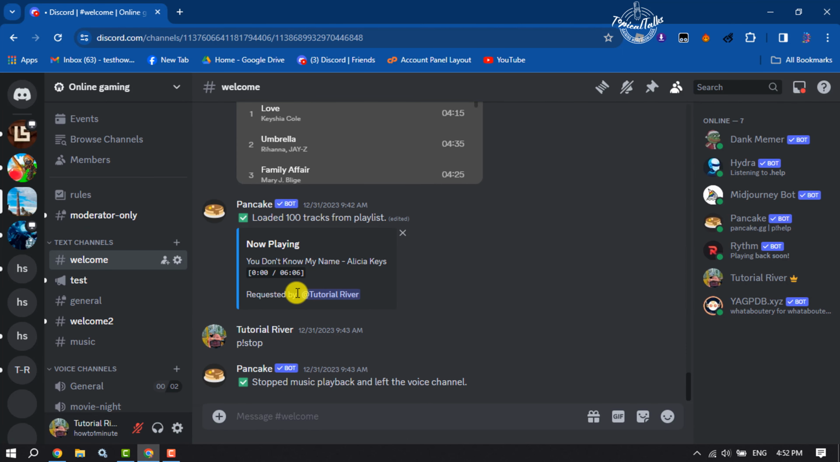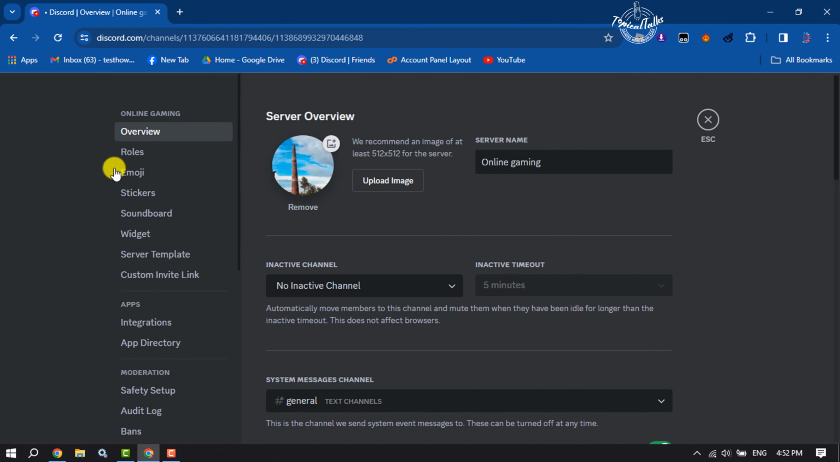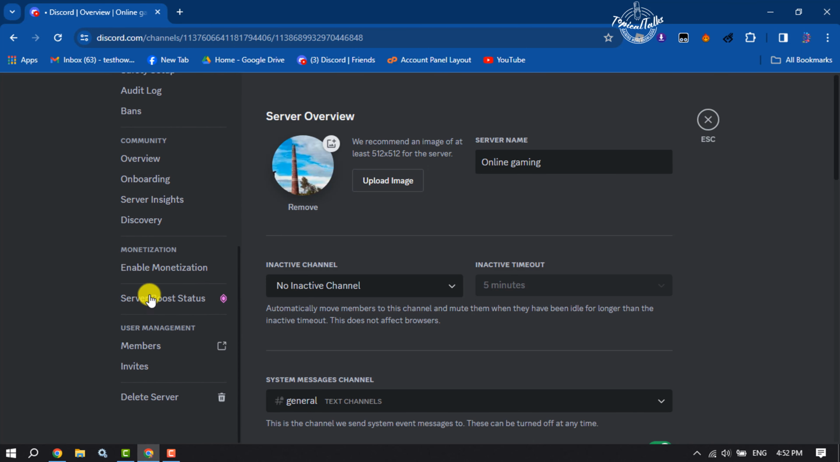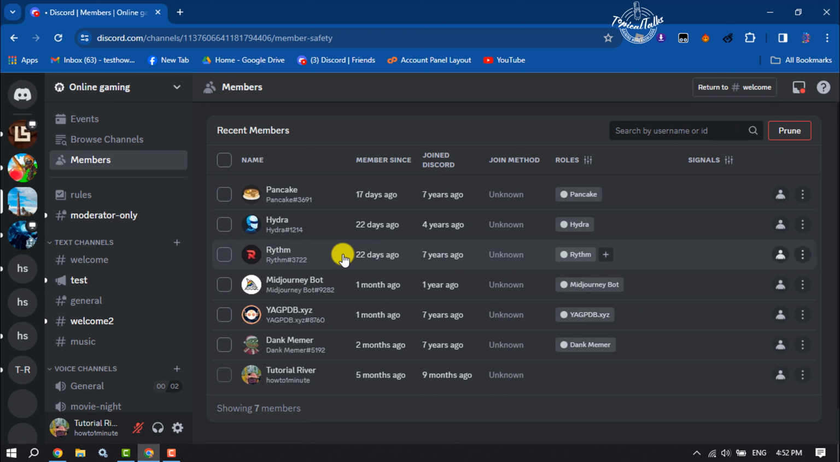Once you are in your server, click on your server name and click on server settings. Once you are on your server settings page, scroll all the way down to the bottom and click on members, and here you will get your server member list. Now to find out inactive members, click on this prune,